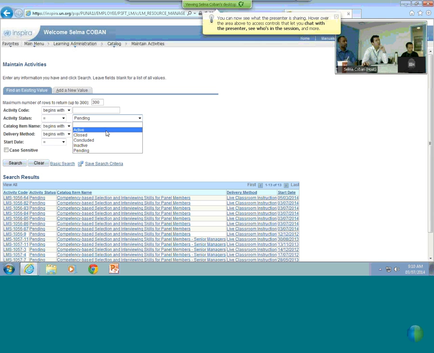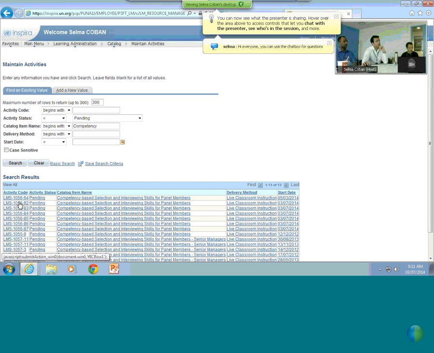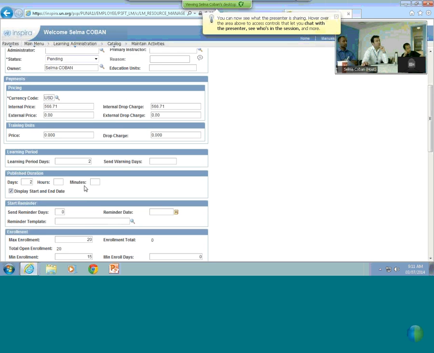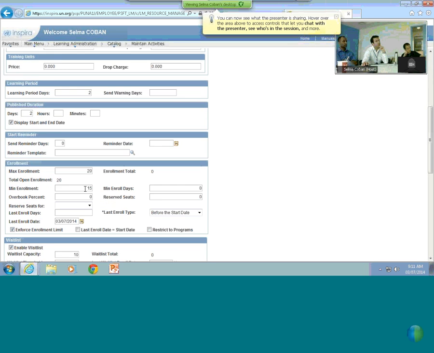For now, I'm going to use a pending activity that we have prepared for you. When you launch your account, we will actually create templates. This is like a dummy activity that you can just use as a base. I'm going to click on this. In this screen, and I would say this is one of the most important things, you will see there are a lot of fields.